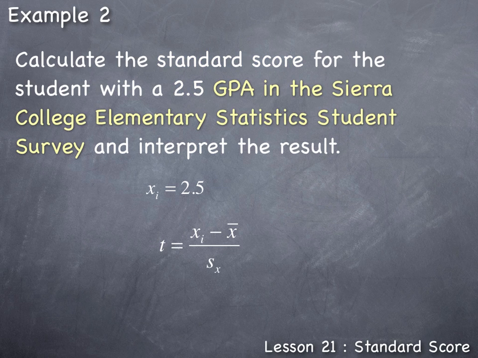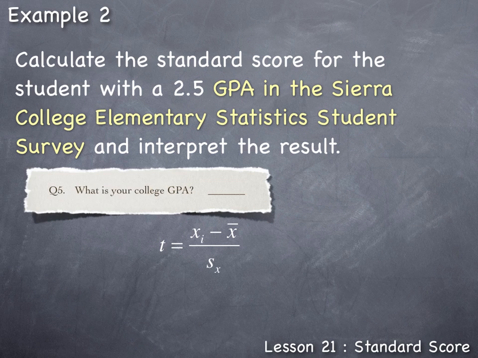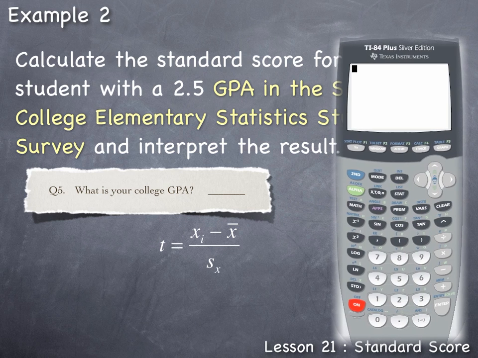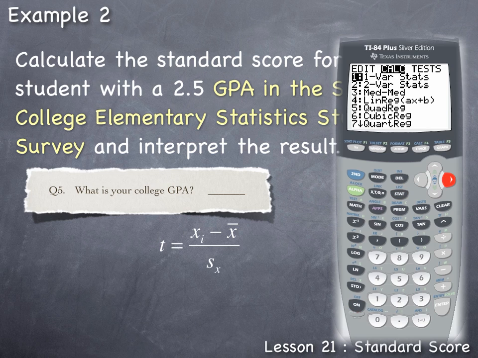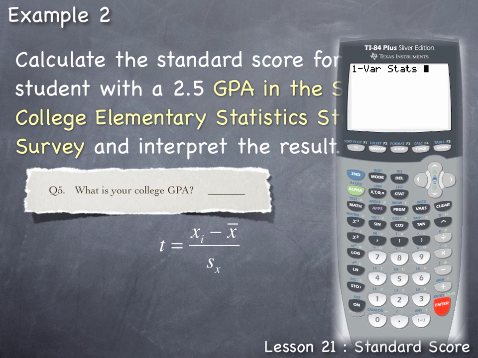The GPA in the Sierra College Elementary Statistics Student Survey was the data we're going to use, which referred to question 5 on the student survey. So in a previous example, we've already entered the GPA data into a list we named Q5. So to calculate the mean and the standard deviation, we could just press Stat, right arrow to Calc, press Enter to select 1-Var Stats, and then to select the list, we press Second, List,